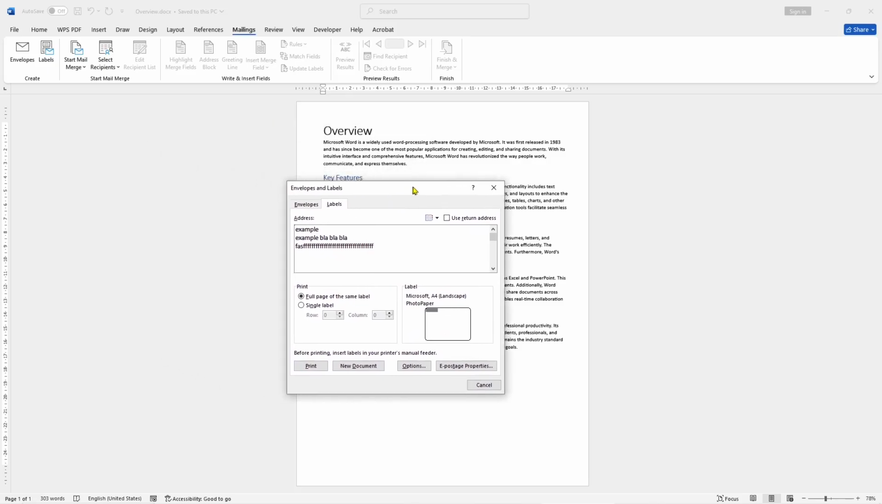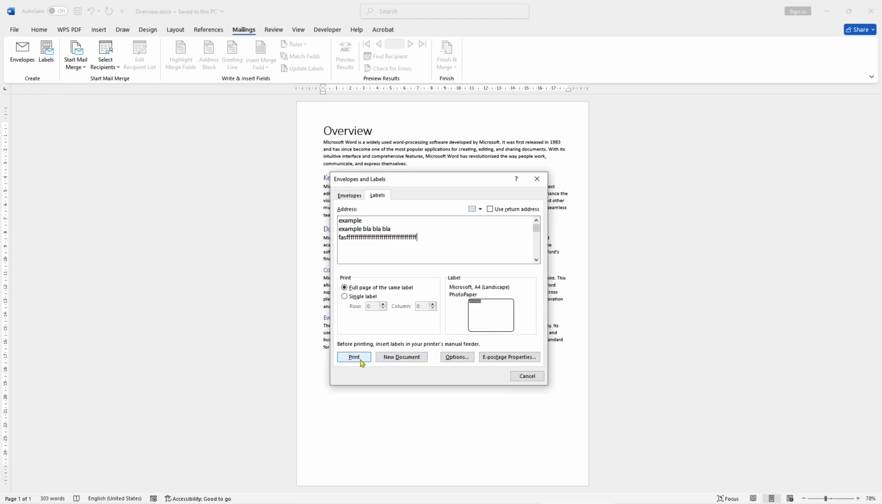Okay, that's it for this basic Microsoft Word tutorial on how to make